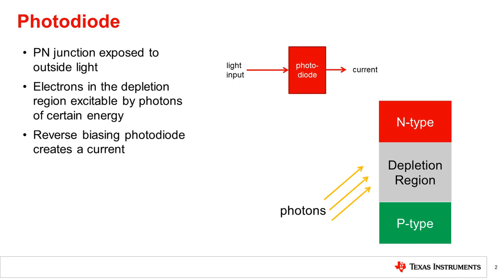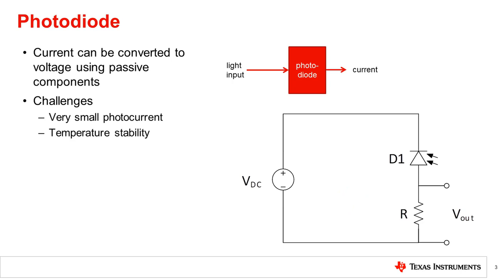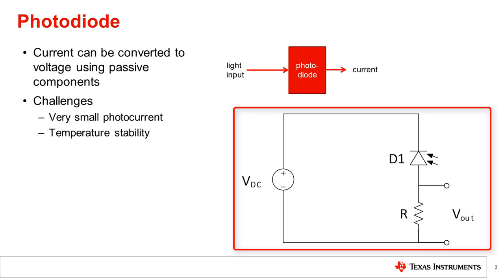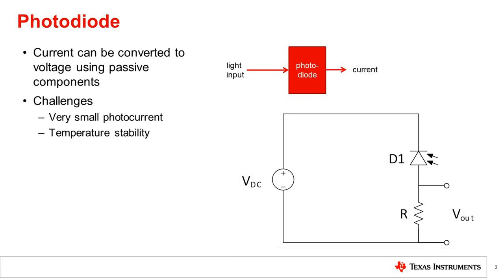In the last video, we introduced the irradiance measurement. The reverse current created is proportional to this irradiance from a monochromatic light source shining on the photodiode sensitive area. The simplest light sensor uses a reverse biased photodiode and a resistor to convert the photodiode current into a voltage. While this can work for very simple applications, there are some problems with this approach.